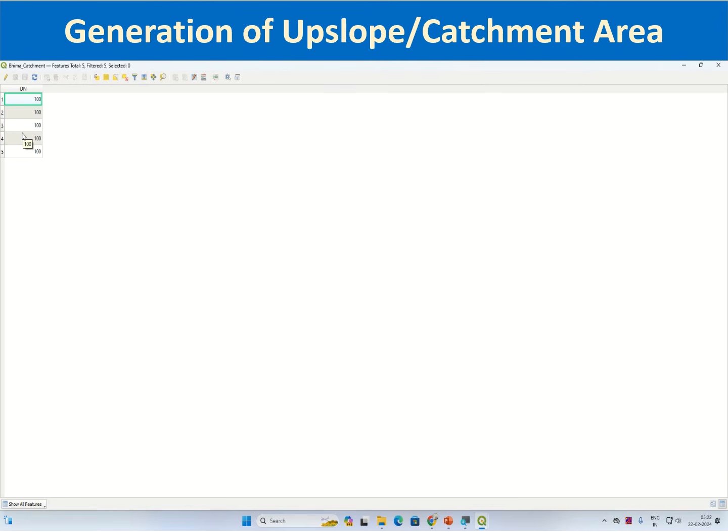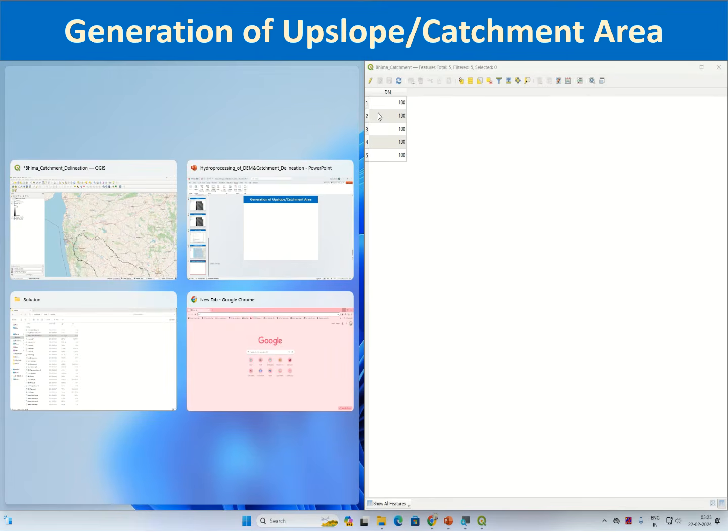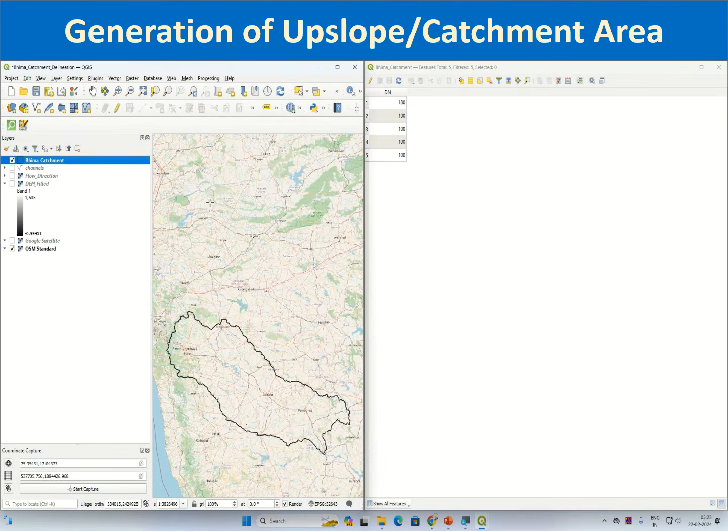In my case, I am finding some 5 entries. In your case, you may be finding a different number of entries, even a single entry, depending upon where you are choosing exactly the pour point. You may be choosing just 1 point above or below that, then also it may change. So what you have to do is you have to check which of these records corresponds to your Bhima